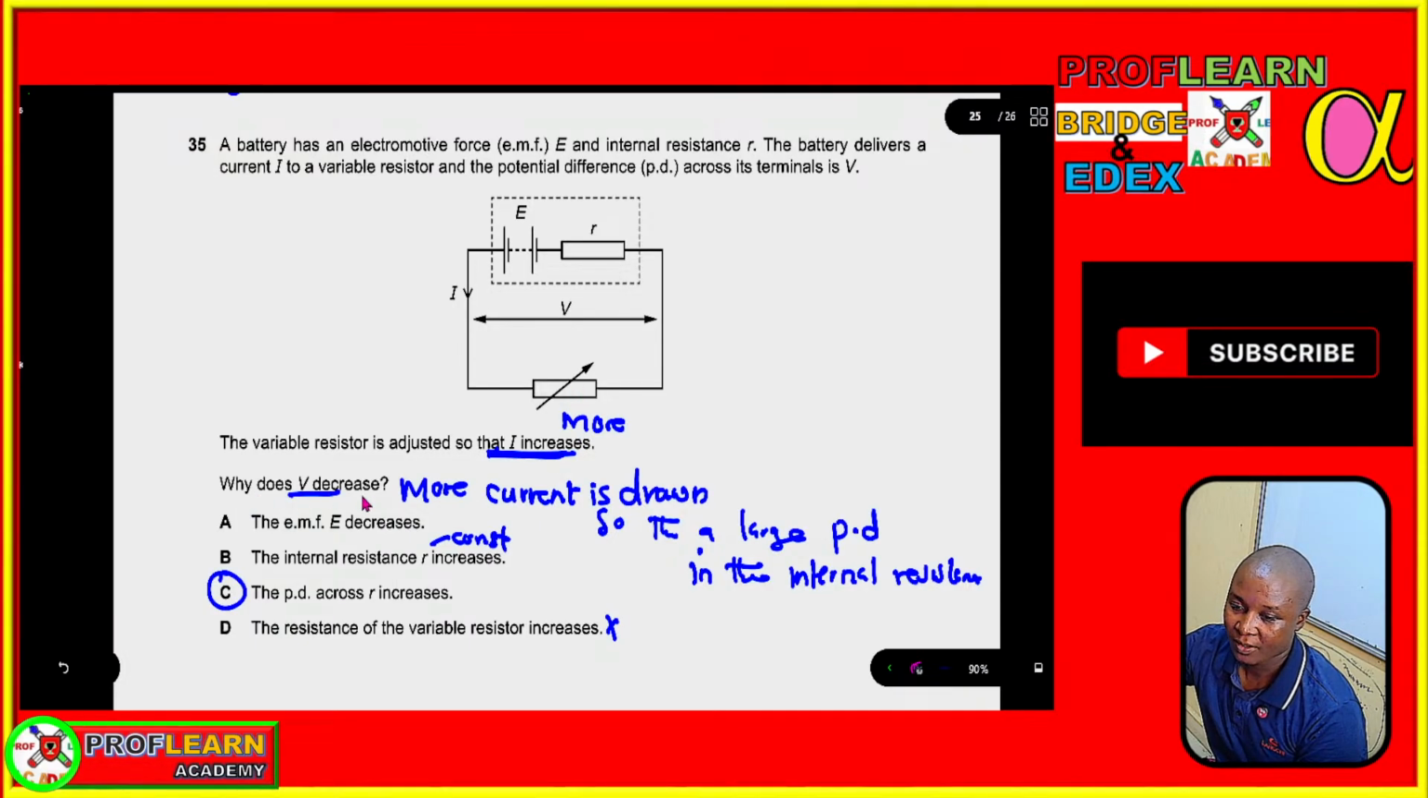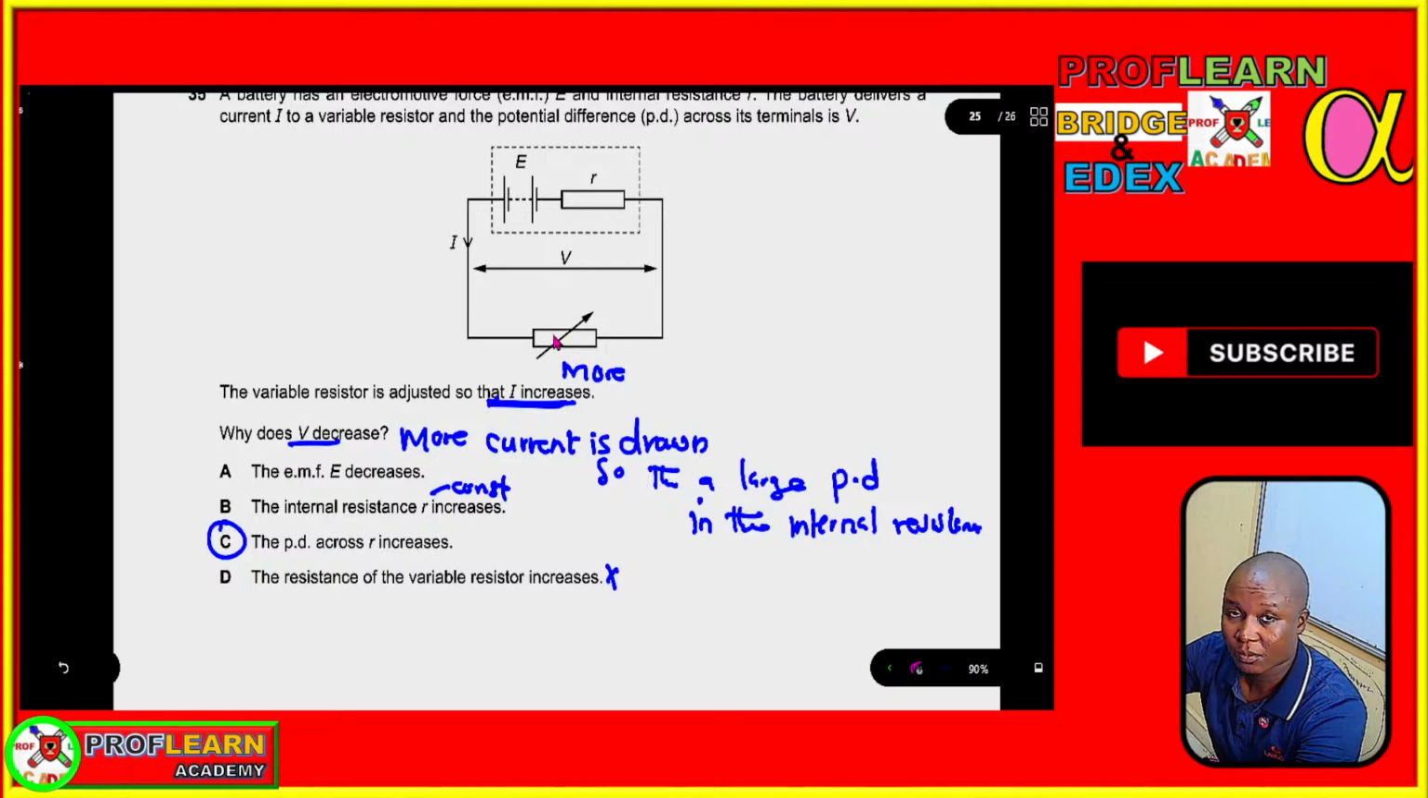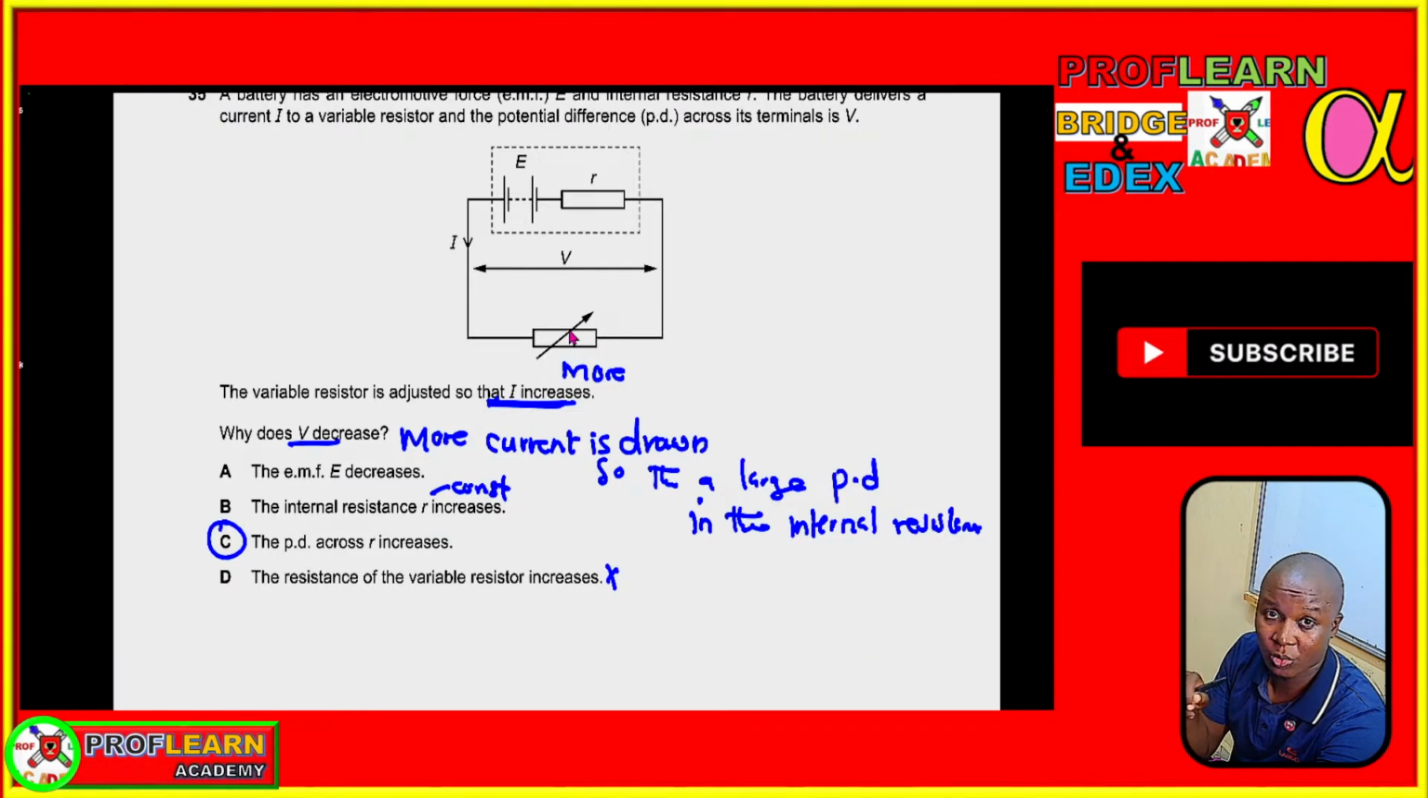Why does V decrease? So if I increases, if current increases, meaning that the resistance of the variable resistor is decreased, there will be more current flowing through the circuit. Then why is V going to decrease? V is the terminal potential difference, and it is going to decrease because a large amount of current is going to be drawn